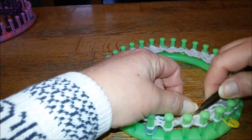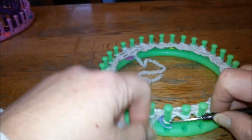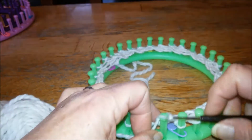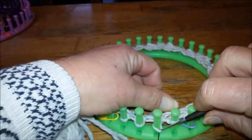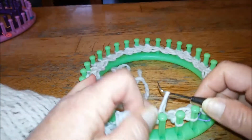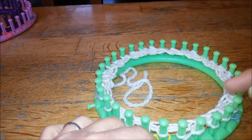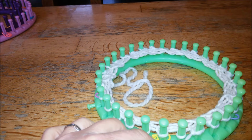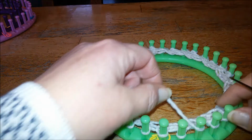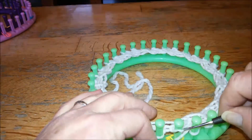Okay, we were going to do a brim with a rib stitch, a knit stitch and a purl, and in this case the knit stitch is a U-wrap, and you do a purl. Now most of the time, because it's 2 stitches, you have to have a loom that has an even amount of pegs, but of course you have looms, in this case 31,